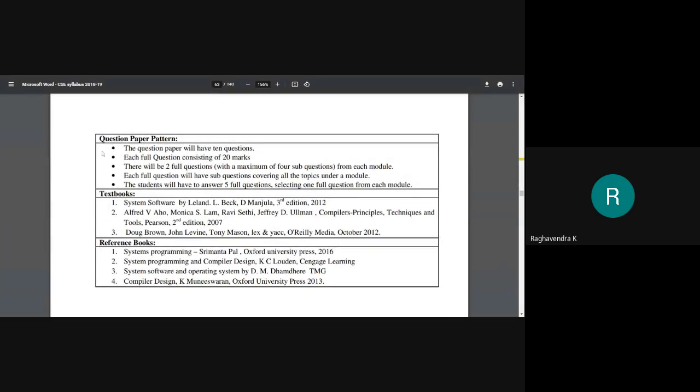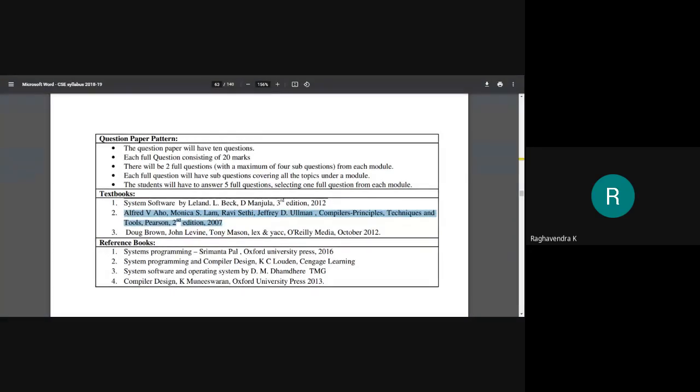When it comes to textbooks, there is one called System Software by Leland Beck, third edition. You might get this book as a PDF online as an ebook. Then there is Alfred Aho and Ullman, Compilers: Principles, Techniques. This is going to be our second book, for compilers.